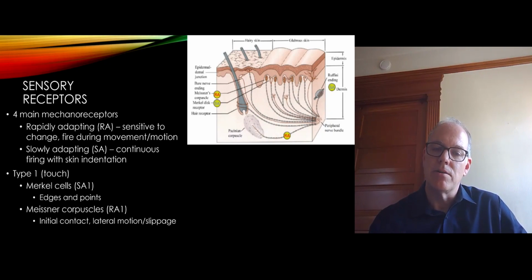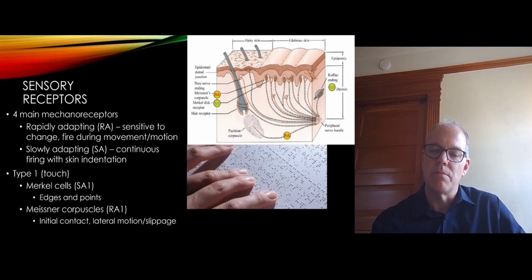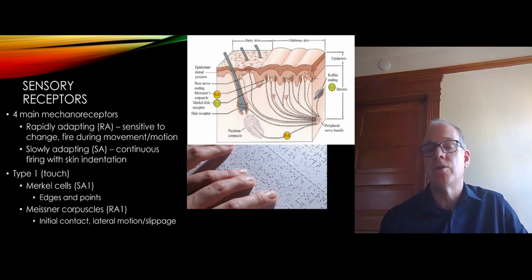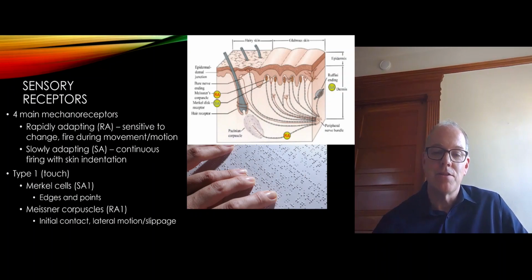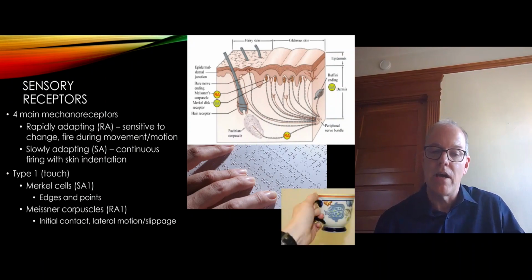So when we think about the incredible ability in some areas like fingertips and lips to sense edges and points, the ability to read Braille and to decipher between those tiny changes in dots would be a good example of a function of Merkel cells, which again are sensitive to edges and points. The Meissner's corpuscles are rapidly adapting, and these appear to be more important for initial contact with